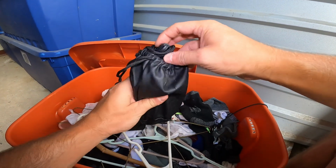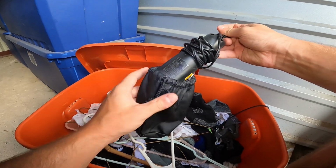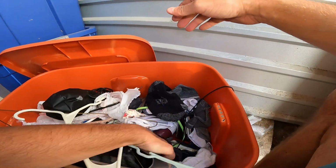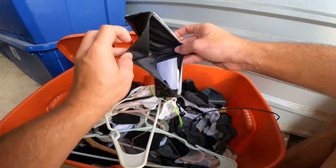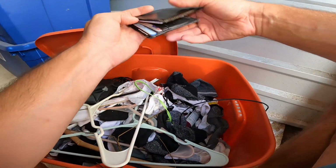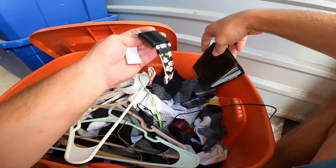It's not ever what you want to see here. Well, let's see. Never want to see clothes. Okay. Uh-oh, we got a wallet. Let's see if there's money in it. Doubt it, but no money. Try to get that back to them. Again, I don't know if they're going to take it back, but